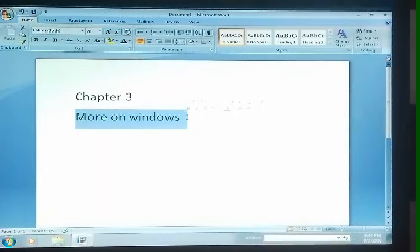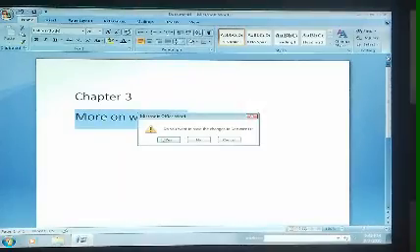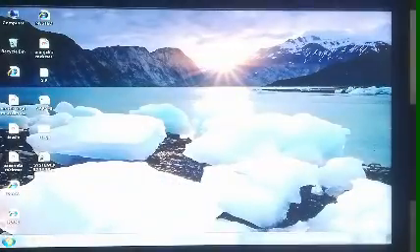So if you want to burn a CD from Windows Media Player, first of all you need to open Windows Media Player. Okay students, so let us start. First of all we will open Windows Media Player.